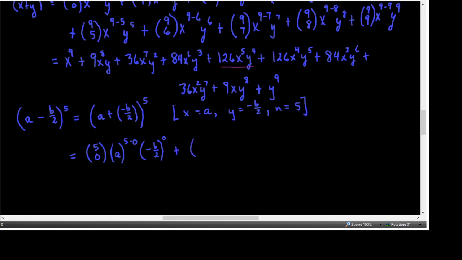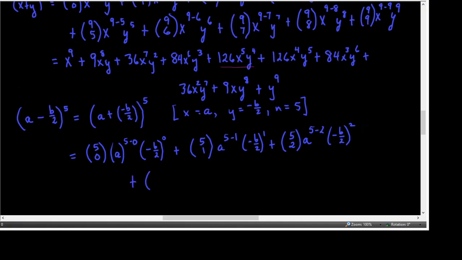Plus, then it changes to 1, so 5 choose 1, a to the 5 minus 1, opposite of b over 2 to the first, plus 5 choose 2, a to the 5 minus 2, opposite of b over 2 squared,